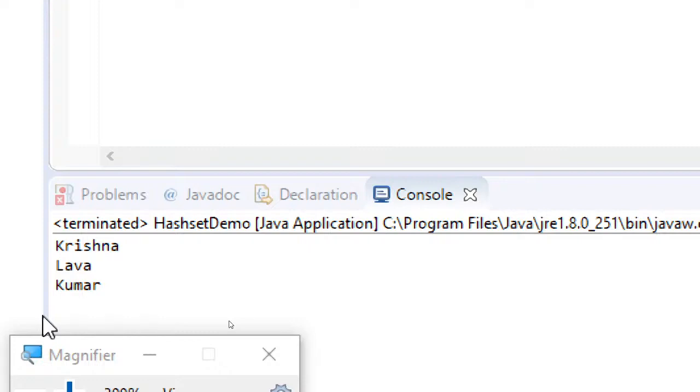With this I am putting a full stop with Set, because as I said, Set itself is an interface for which you can't directly create an object. So we can use the implementations of Set, which are TreeSet, HashSet and LinkedHashSet.